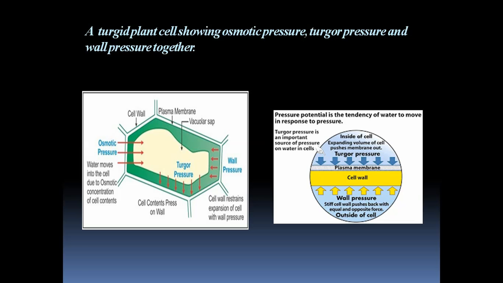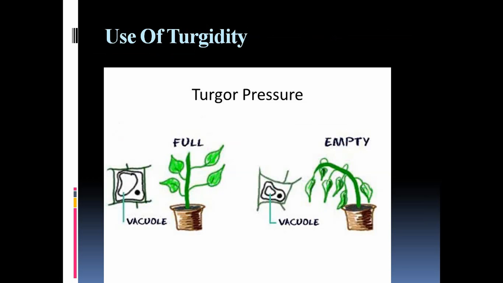Okay, next we come to uses of turgidity. Very interesting uses of turgidity. I told you in the last session that turgidity provides rigidity or mechanical stiffness to soft tissues of the plants. Look at the picture. When the cells of a plant are turgid, they are tight and giving mechanical stiffness to the plant organ, and thus they look like that on the left. As you see, the plants look like that.